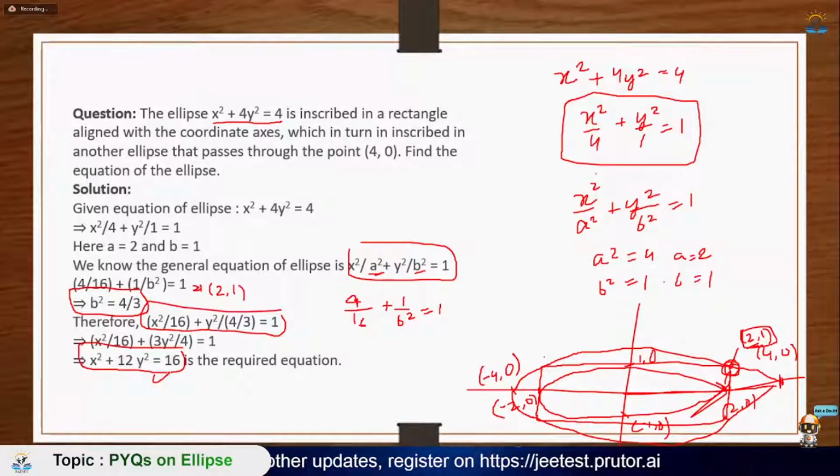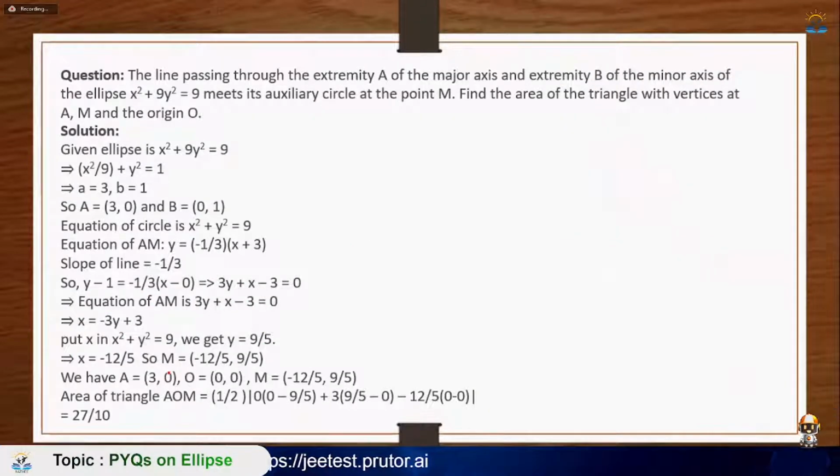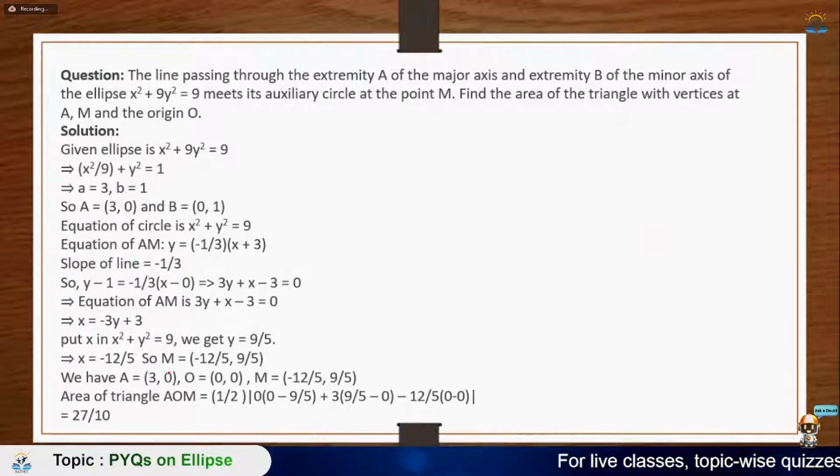Okay. So this was my first question, and now moving ahead, let's move on to the next one. In this question, they are saying that a line passing through the extremity A of the major axis and the extremity B of the minor axis of the ellipse x square plus 9y square equal to 9. So the ellipse is